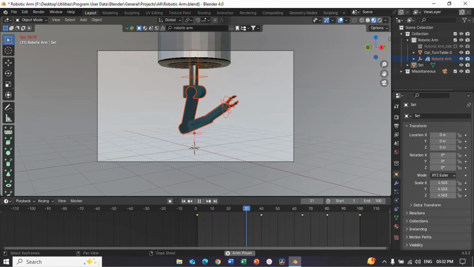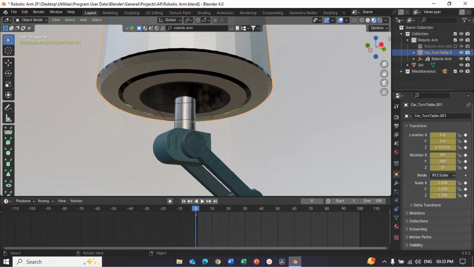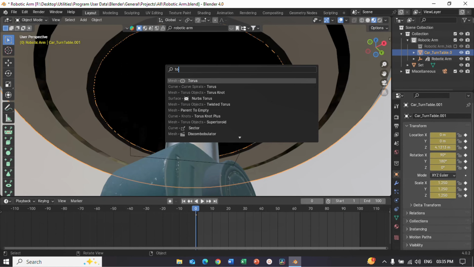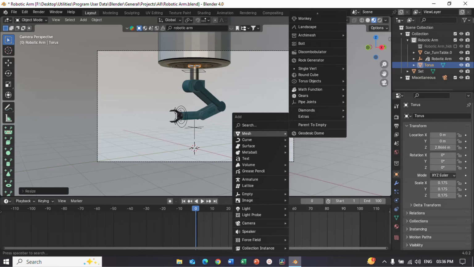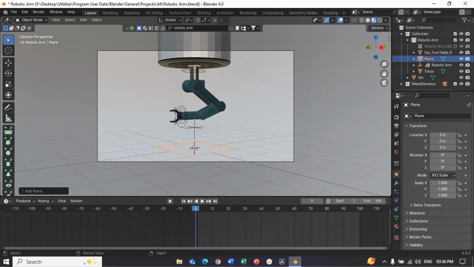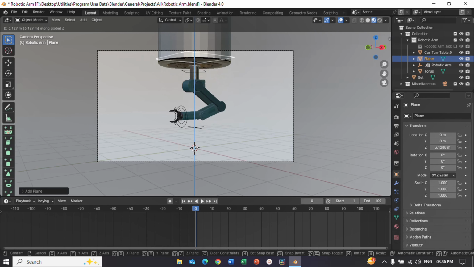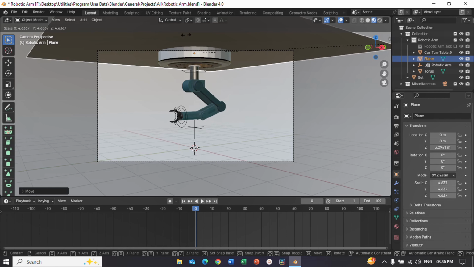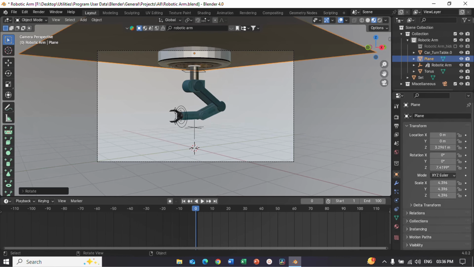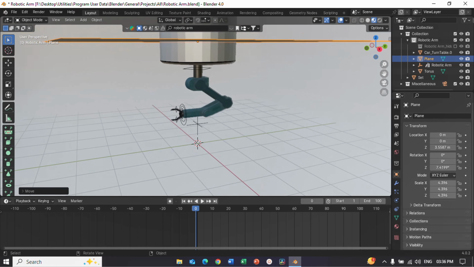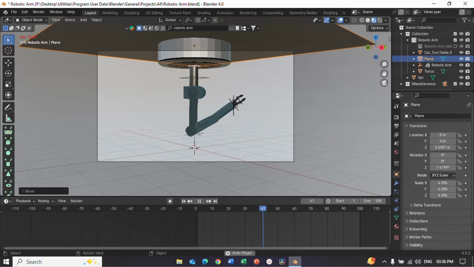Okay, this looks a lot better, but this part is looking pretty weird. So we'll add here a torus. Now our whole positioning of everything is ready, and now all we need is to add here a roof. Just a plane. Let's position this to here and let's scale this up. Let's rotate this so that the corners are invisible. Okay, this seems a lot better. Now let's look at our animation.